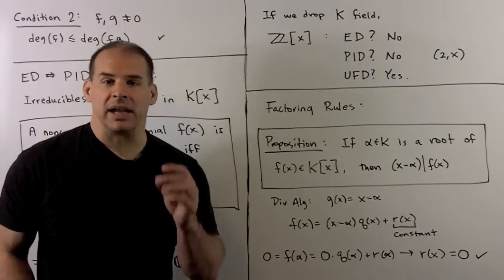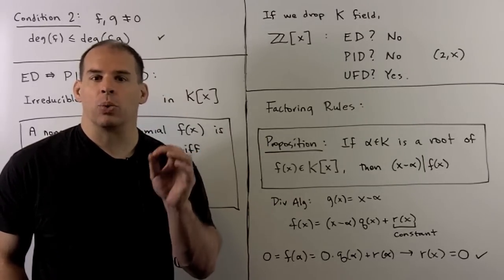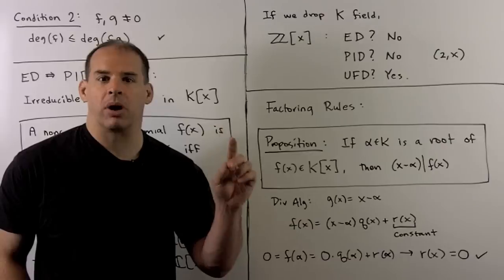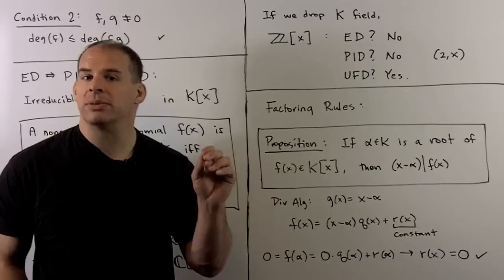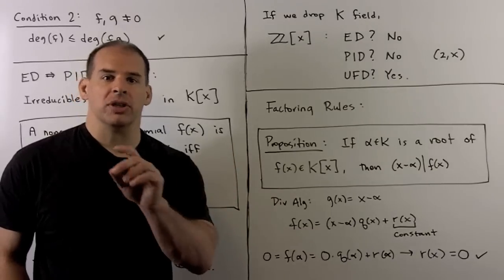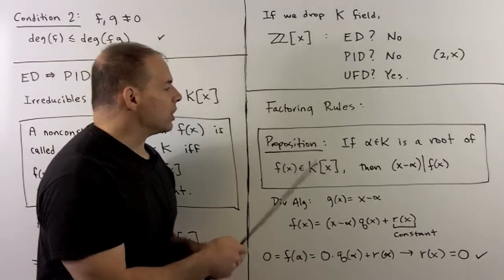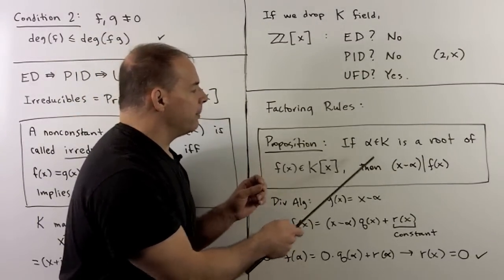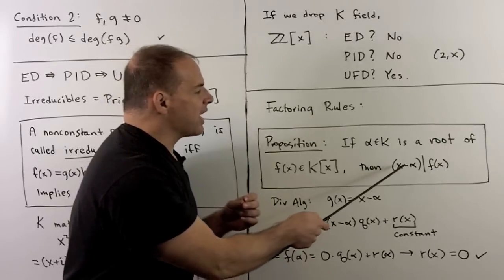Now, back to K adjoin x, we have a UFD, so we're able to get finite factorizations into primes. Those factorizations are unique up to units. So we want some factoring rules. These should look familiar from basic algebra. First, if I have an alpha in K, a root of our polynomial f of x, then x minus alpha